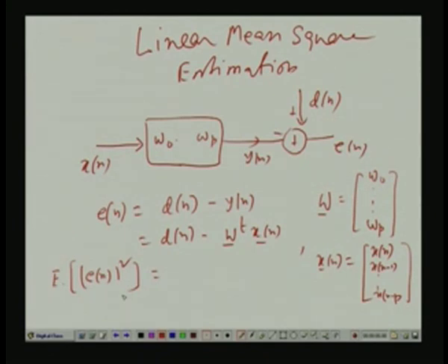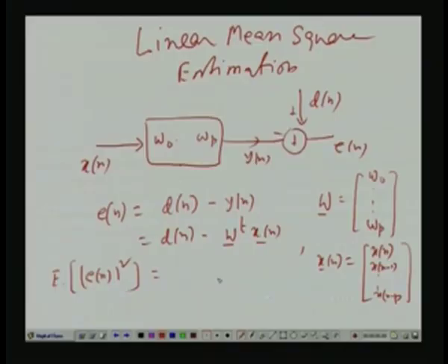of mod En square. Now, this is clearly a quadratic function of the W's, because after all Dn minus W transpose Xn contains all these terms W0 Xn, W1 Xn minus 1 dot dot dot. There is no question of conjugation of course, because we are doing the real valued case. If you just square it up, you will have terms like W0 square, W1 square, W2 square, and W0 W1, W2 W3 like that. So it is a quadratic expression in terms of W0, W1, W3. Any quadratic expression like this has a unique minimum or maximum. In your case, it would be a minimum. You can also verify by the second derivative. Nevertheless, we have to take the derivative and equate it to 0,